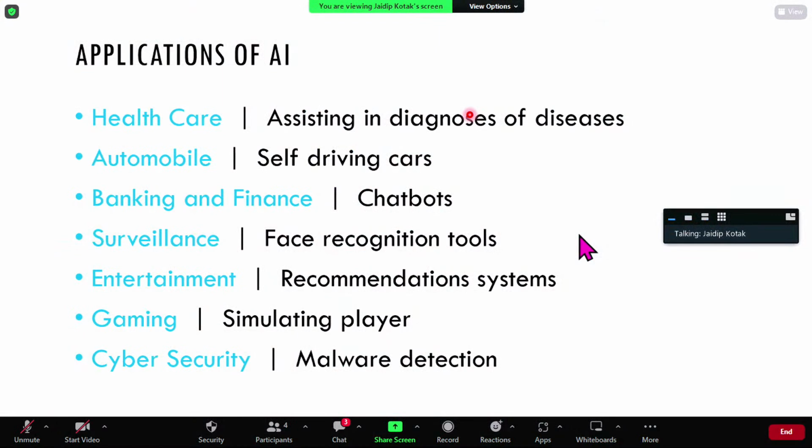So if you see, I have highlighted a couple of fields in which AI is being used. Initially, if I start, it is healthcare. In healthcare, AI can be used for diagnosis of diseases. Suppose there are various types of scans, right? Like CT scan and X-rays and other things. So we need expert doctors to identify whether there is a presence of any disease or not, right? So how AI can be used is that, looking at the different reports, AI can help us to diagnose